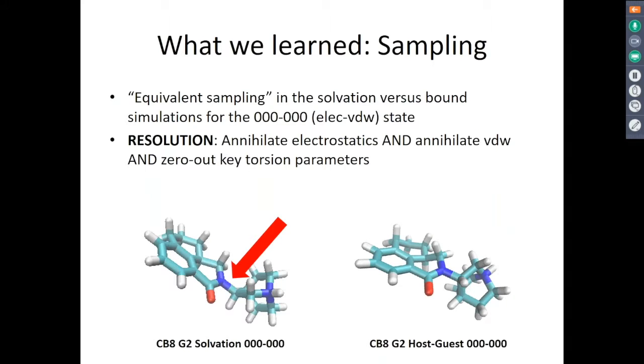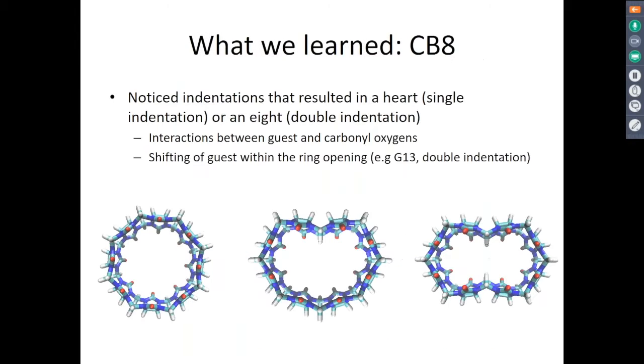So for guest 2, this is the key torsion that we're zeroing out. Currently we're trying to test this as our resolution, following like we were before: annihilating the electrostatics, now annihilating the van der Waals, and then zeroing out these key torsion parameters. So I'll talk now about our next issue we're tackling before I give you a little taste of how this is doing in practice. Our next problem that we noticed, things that we learned from the contest, were that